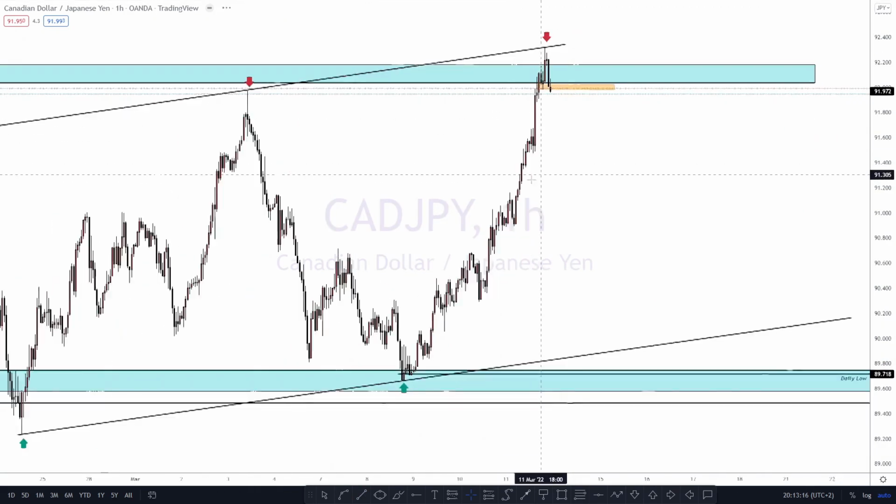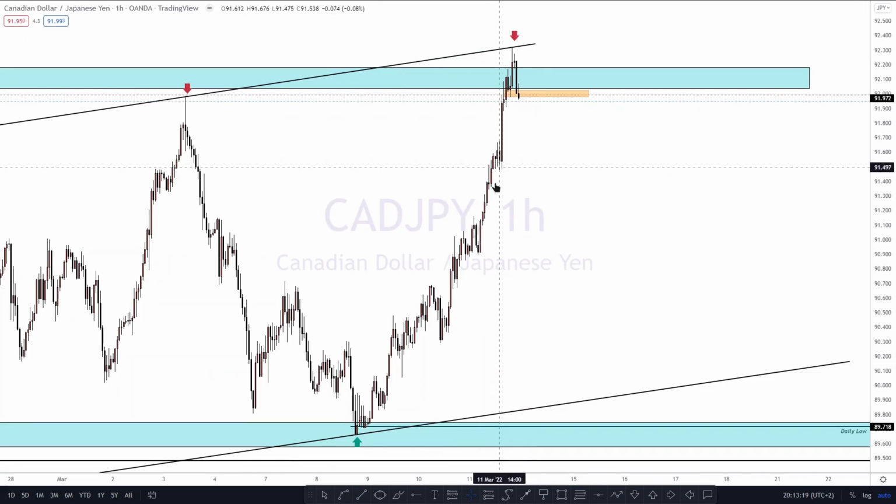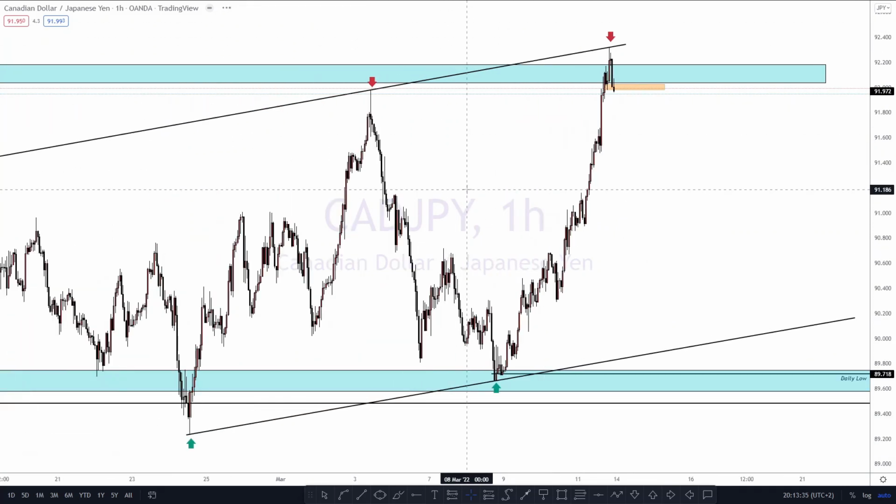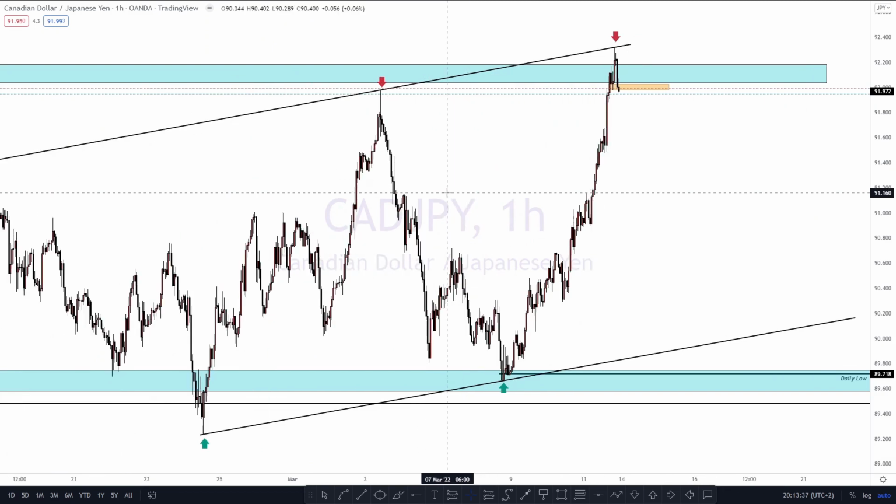So on 30 minutes we have a bit of a level, and on 1 hour it's also a level that you could potentially look at, just to be on the clear path that if price decides to drop, it might push upside because of these levels, which is 1 and another one which is 2. That's it. Then that's it for CAD JPY. So this is the analysis that we have for CAD JPY.